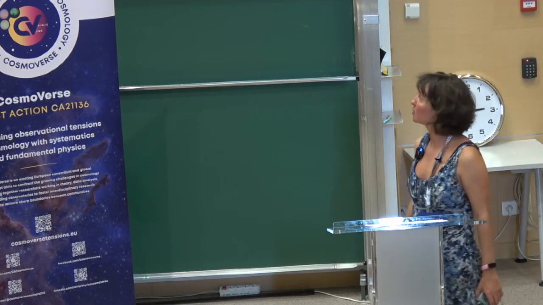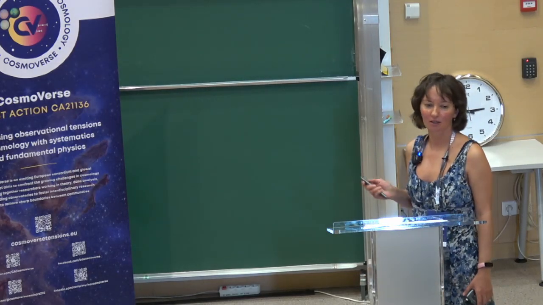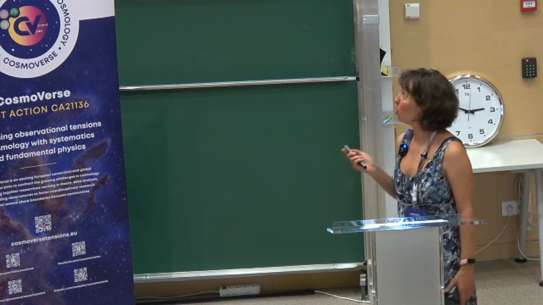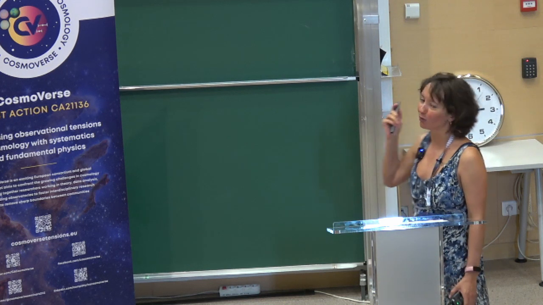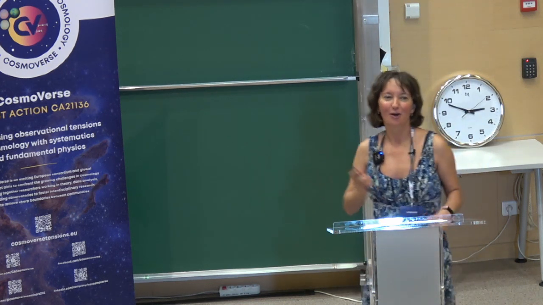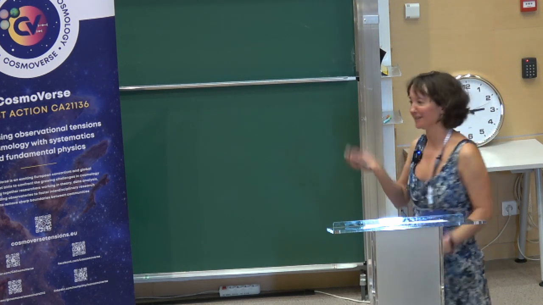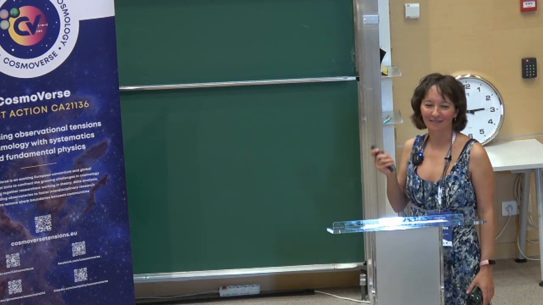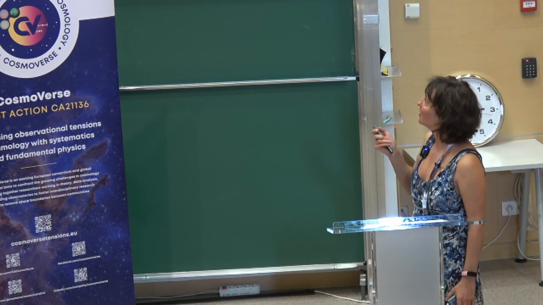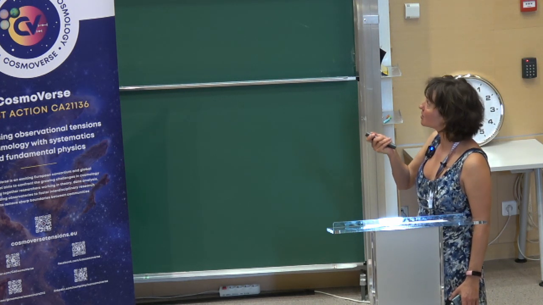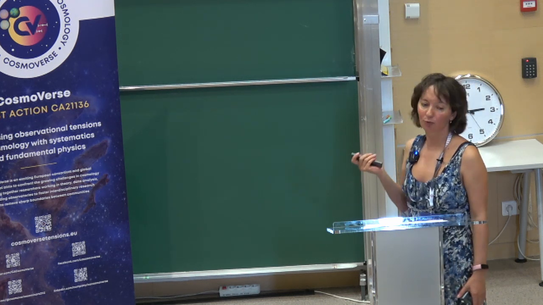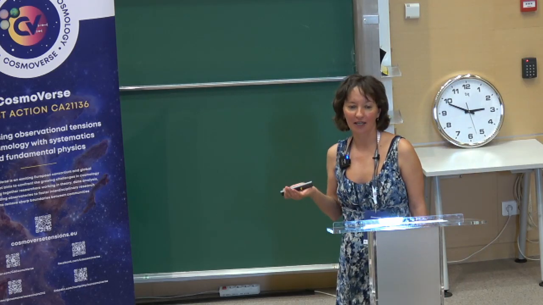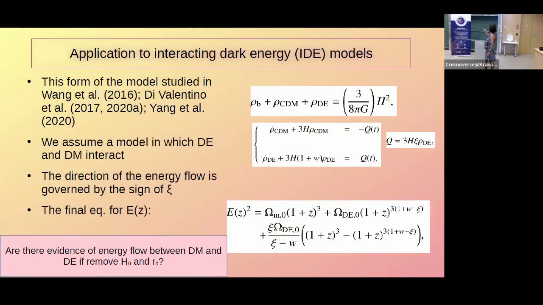So basically, the second application is more recent. It is in the interacting dark energy models. And this is work that we did with Eleonora Di Valentino and Rafael Nunes and Supriya Pan and David Benisty. It's an old model, and I've cited some of the works here. But basically the idea is what will happen to our model if we allow for energy exchange between the dark energy and dark matter. So we include this interaction function here, which is some kind of parametrization.